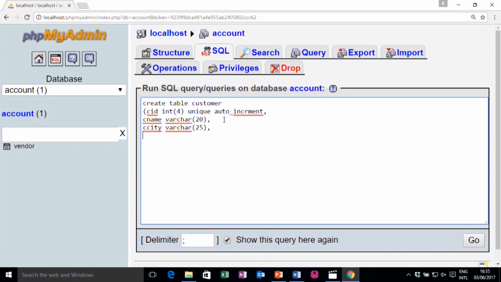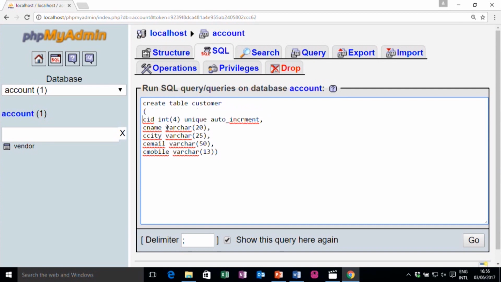Then I can write customer email, which is varchar and up to 50 characters long, and customer mobile, which is again varchar and say 30 characters. Now, I have to close the parenthesis also, because this parenthesis is for size and this is for the create table syntax.